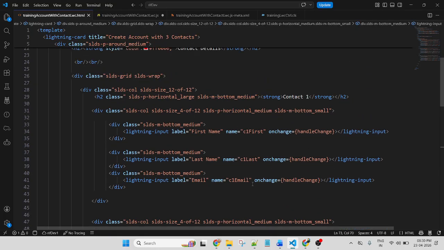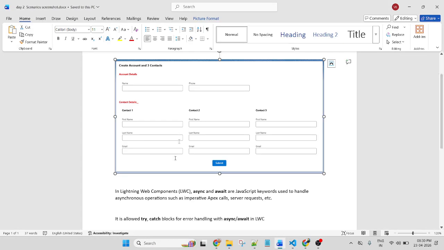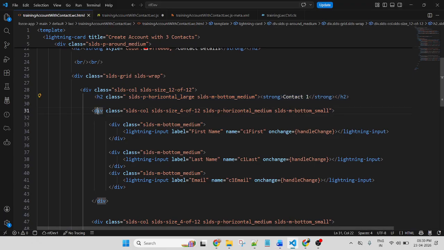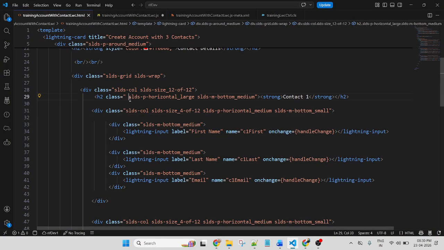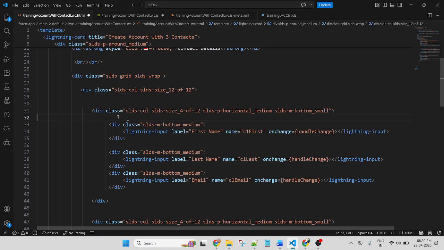Similarly, I am putting a title of the form. This is contact 2. Cut from here, paste here.